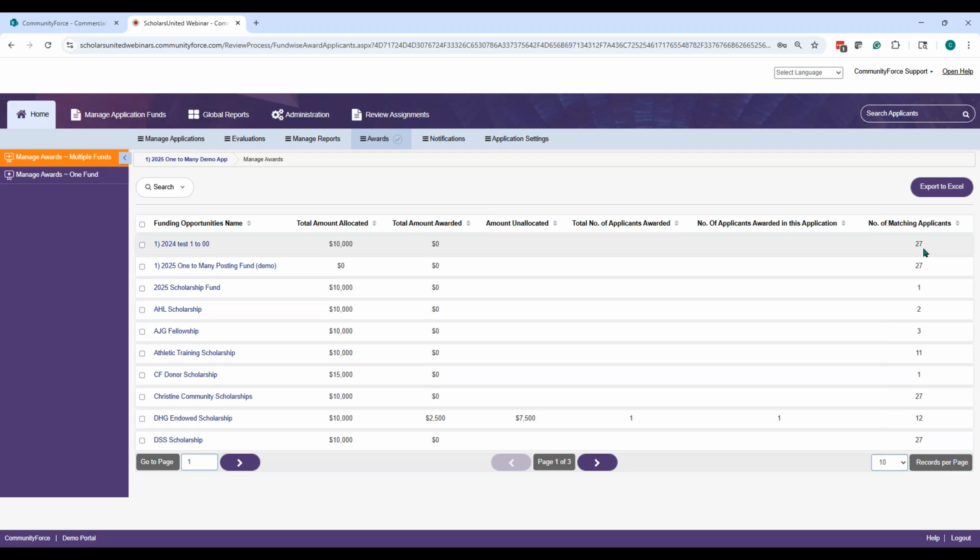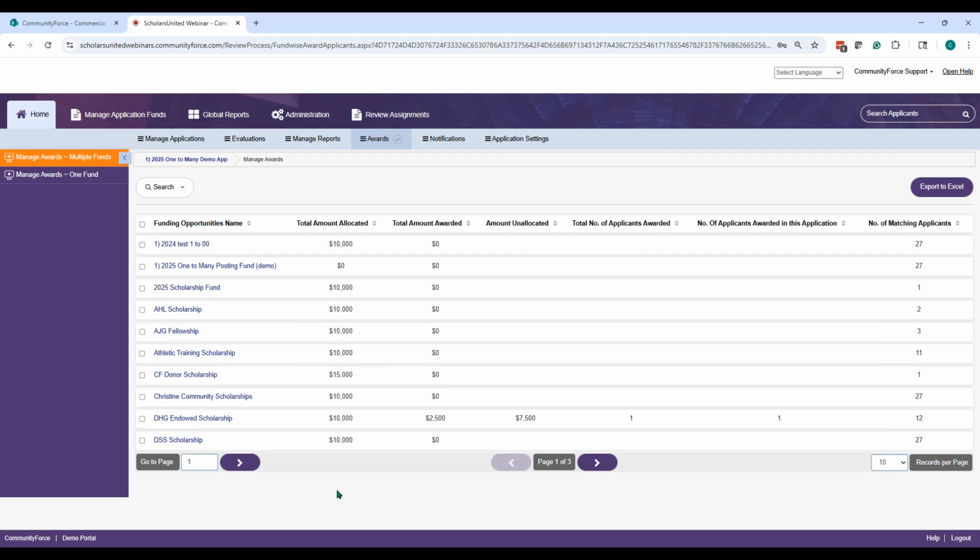And then over here for this application process, this is the number of applicants that have been matched to this funding source. So for instance, I have this funding source here. This is telling me only 2 applicants are eligible for that specific funding. This one only has 3, 11, and so forth. So I can see all of my funding sources and who is eligible to receive those. And of course, I do have multiple pages. So if I want to do more, I would have to scroll to those additional pages to see those other funding sources.